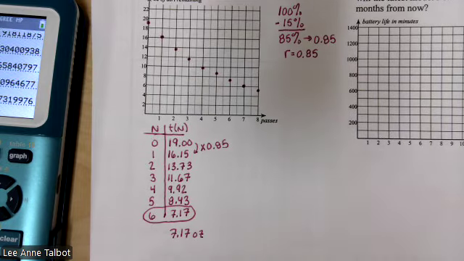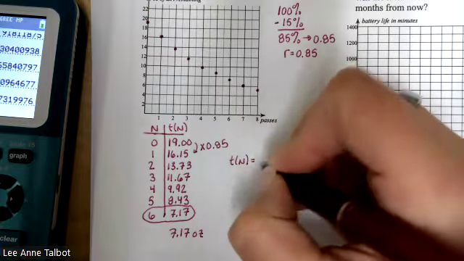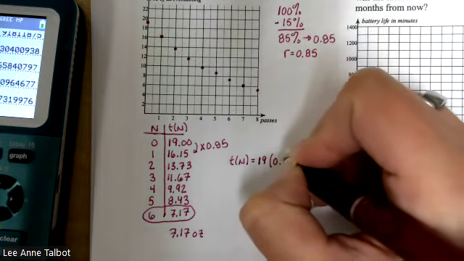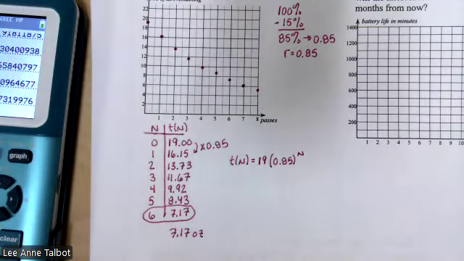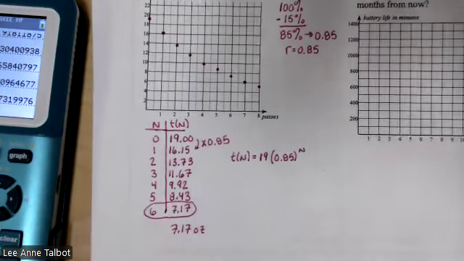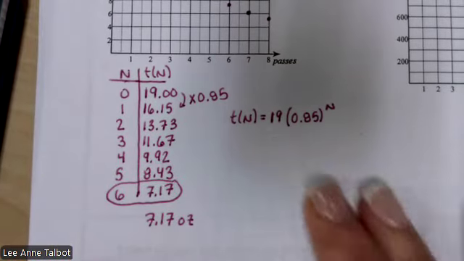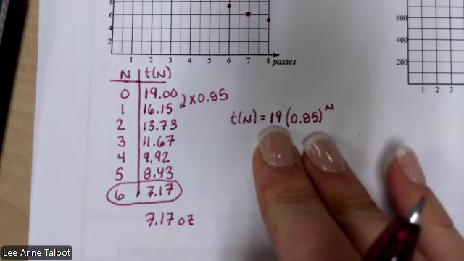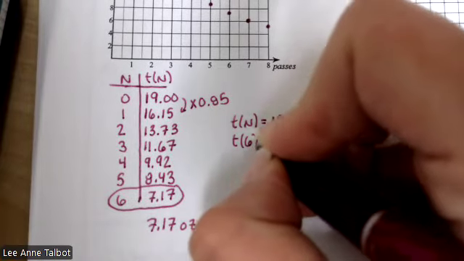Okay, last thing, equation. T of n equals T0 times R to the n. You guys know where these numbers came from? Okay, now in this problem, it said after 6 passes,